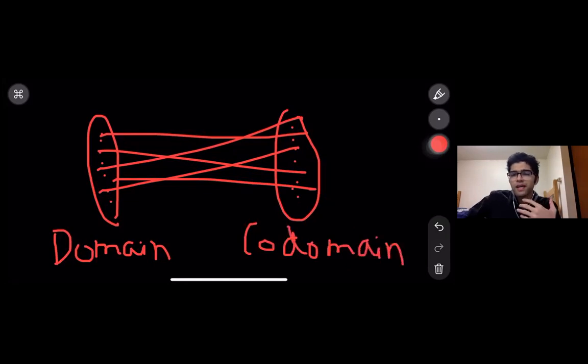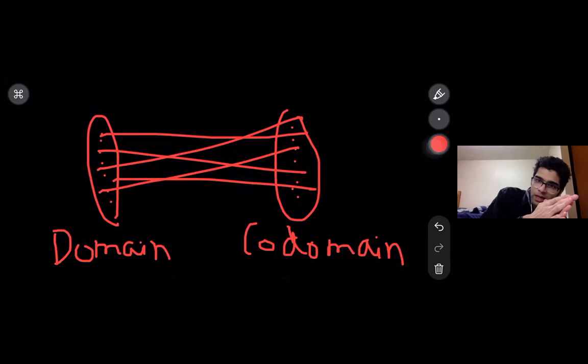Now we realize that there are a few rules when this mapping happens. The first rule is that one element from the domain cannot be mapped to more than one element from the codomain. It has to be mapped to only one element. You cannot have one thing going to two different things. So the image of every element is only one number. That's called the image, by the way.